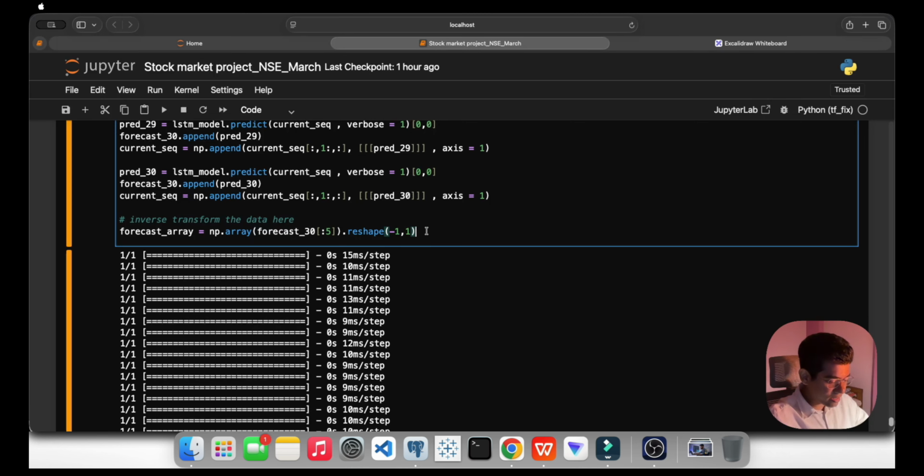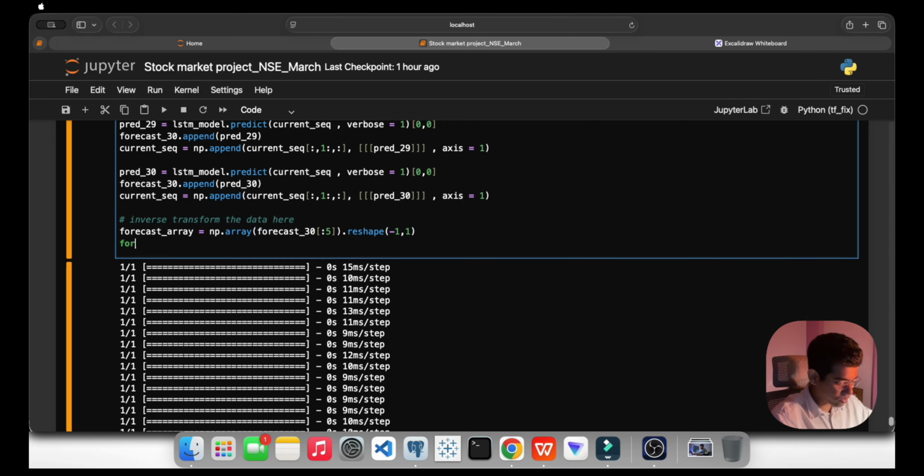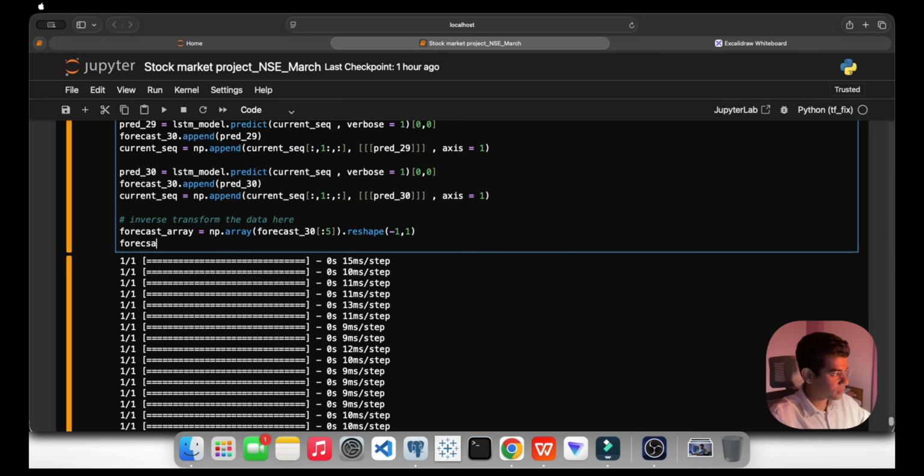It won't be like this. If you are doing it for the 5 days, it won't be like this 5 comma blank. It will be related to 5, 1. Why? Because we will be inversing the scalar part. And how we will be doing it, let me talk about that. We have to create one more thing,